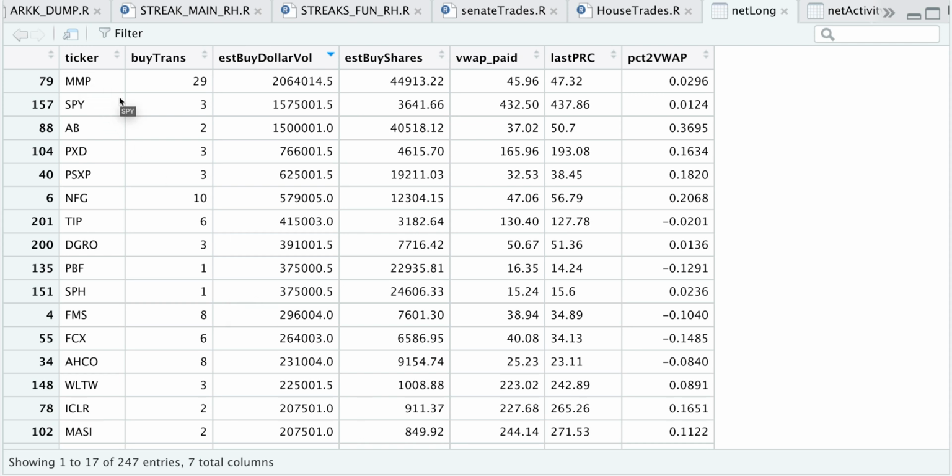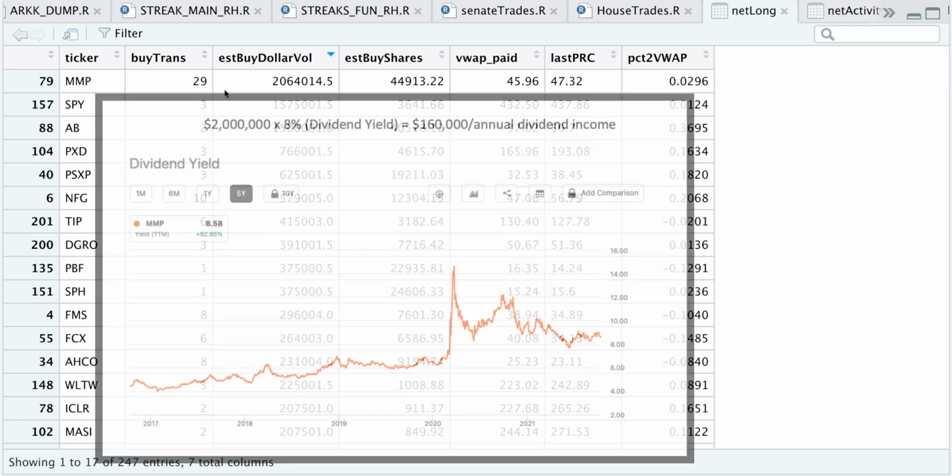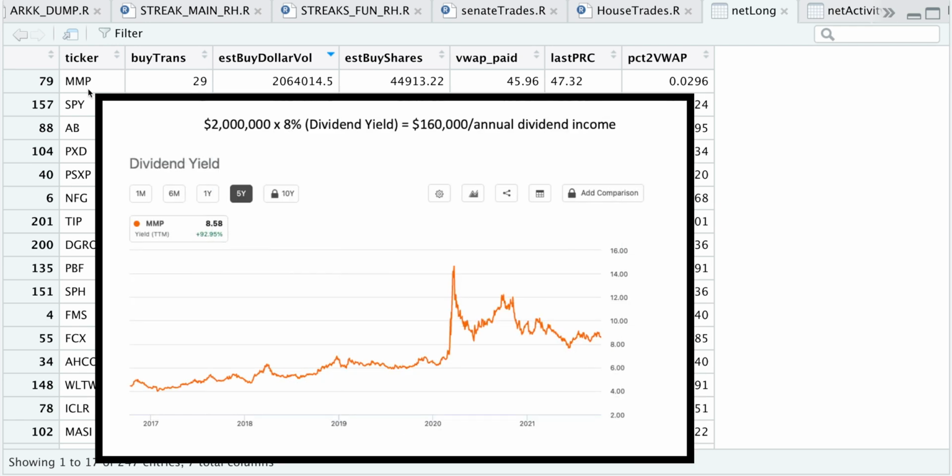So we see that we have 29 transactions for this particular ticker with an estimated dollar volume of 2 million. The average price paid is $45.96. The last price was $47.32, which gives us a return of close to 3%. But for this particular stock, as I mentioned previously, it just has a high dividend yield, and it's been trading